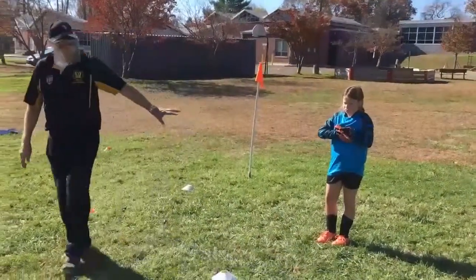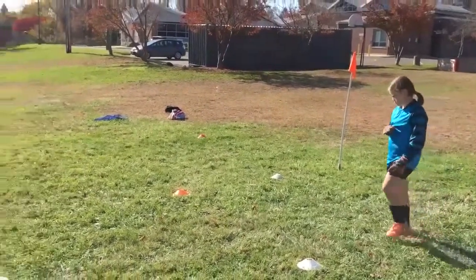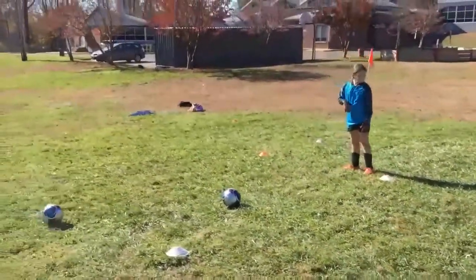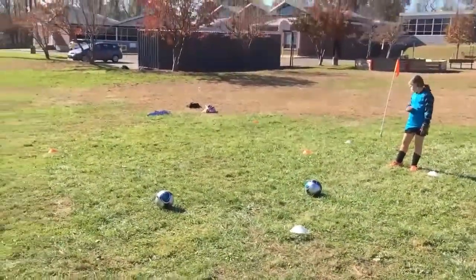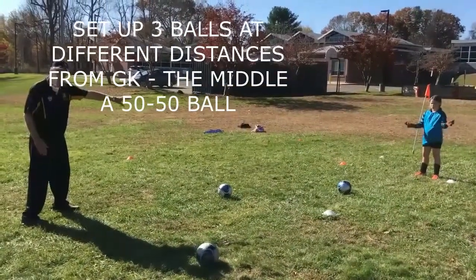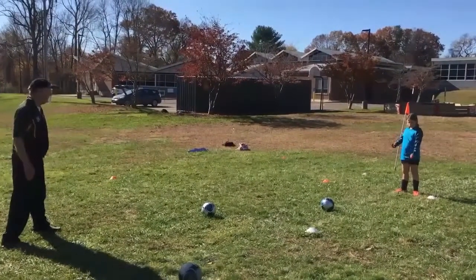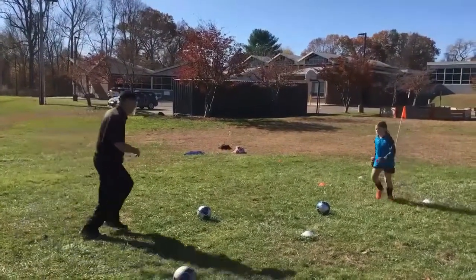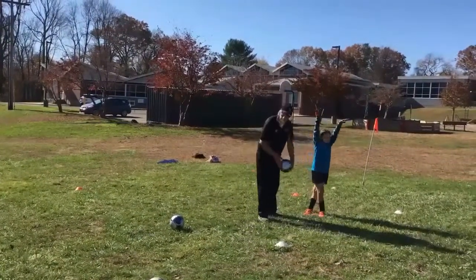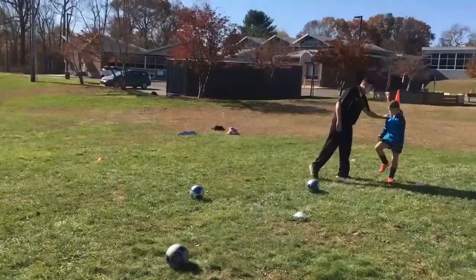So if we have our keeper start in the normal place where she would stand, and either a coach or attacker where you normally stand, when the coach goes in for an attack with a ball that's really close, it's pretty obvious to the keeper that she can get to that. So I'm going to start, you go for it. Go. Okay. So the ball was close enough to her here,